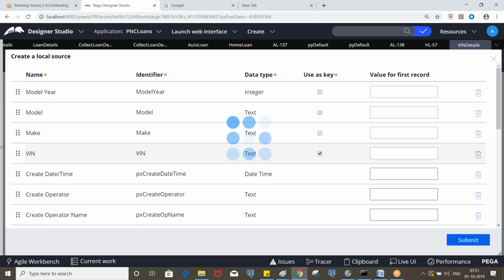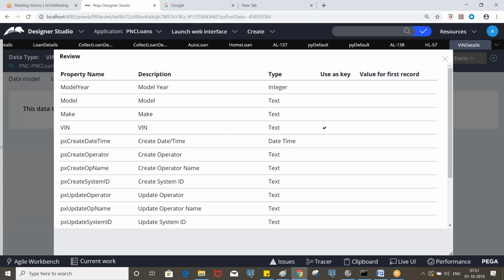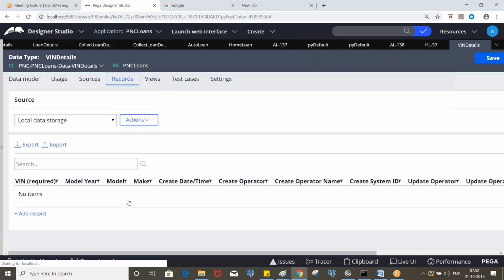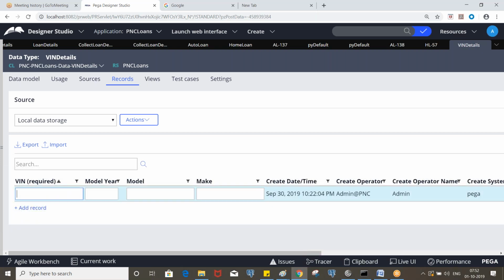So these are like simply selecting queries. But here, where we are passing the classes and all is different. In Designer Studio, we never use the tables. We use the classes, but PRPC will handle that.